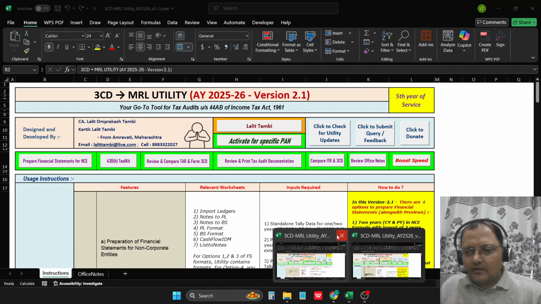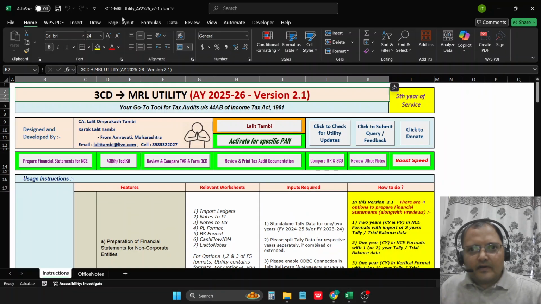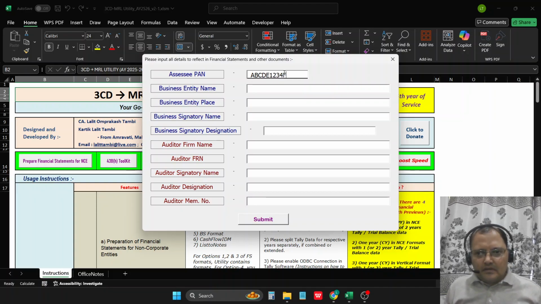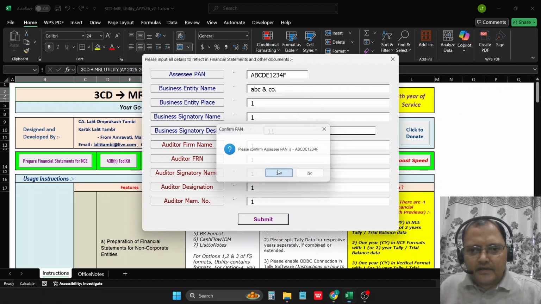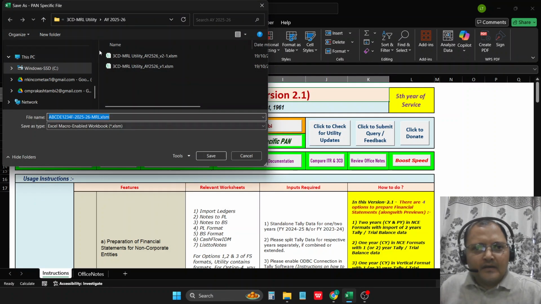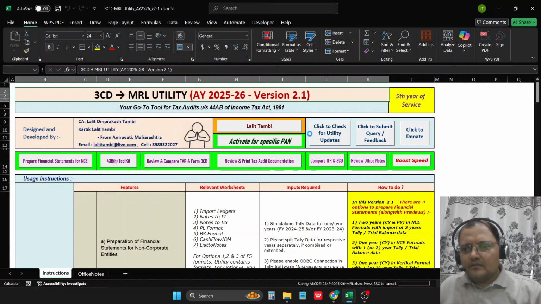Okay, so now we close this version 1 over here and start working on version 2.1. We activate this for a specific PAN first. Let's say we activate this for business entity ABC and Company. Now this data related to the business entity name and auditor is editable later also in the PAN specific file. So this PAN specific file is now being created, and we save this to, say, the clients folder,